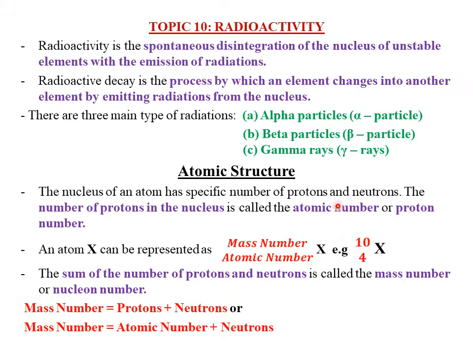Then because you have said that atomic number can be equal to the proton number, it also simply means that the mass number, or what we are calling the nucleon number, can be equal to atomic number plus the number of neutrons within the nucleus of that particular atom. Next,